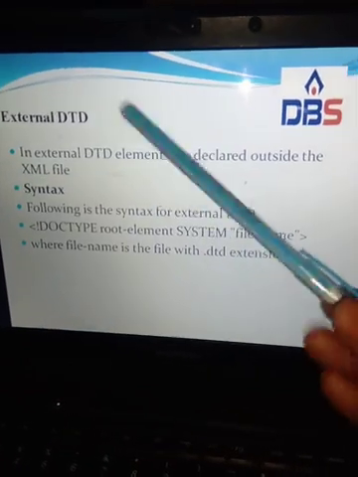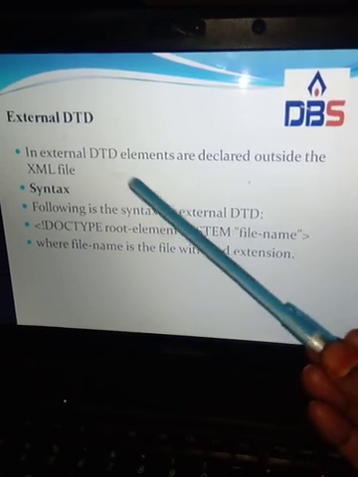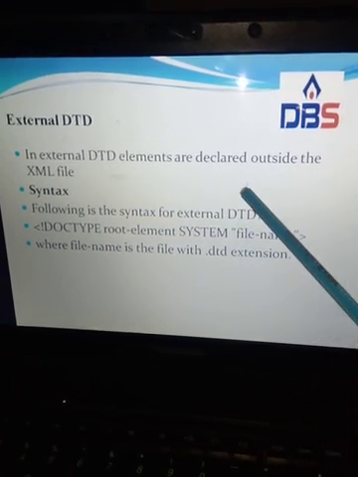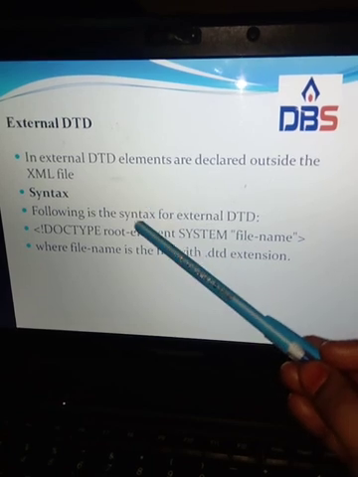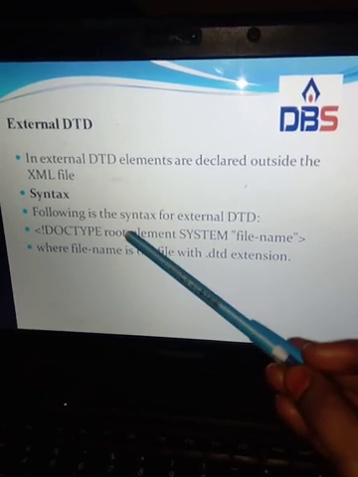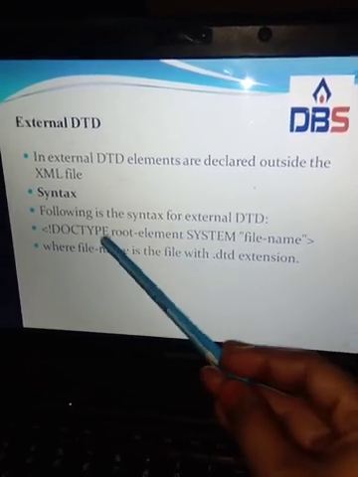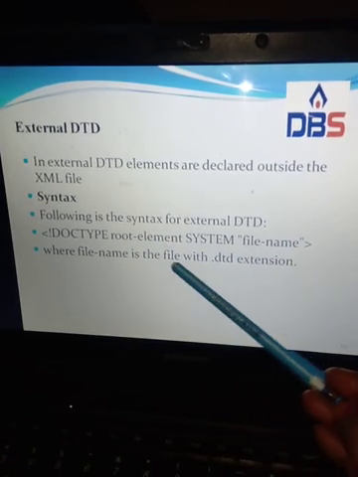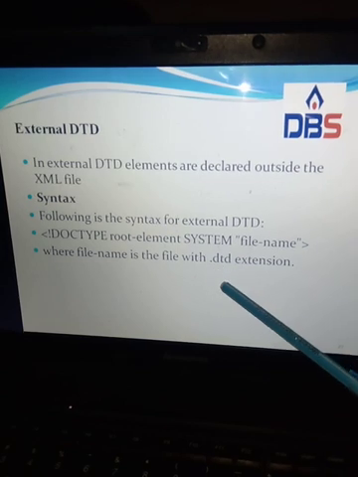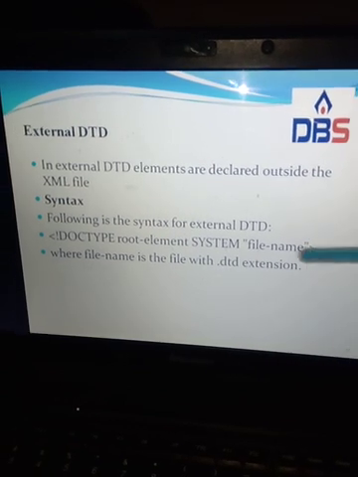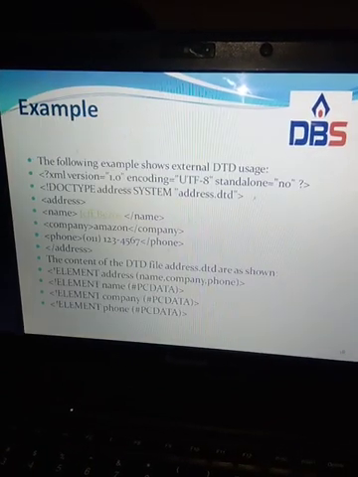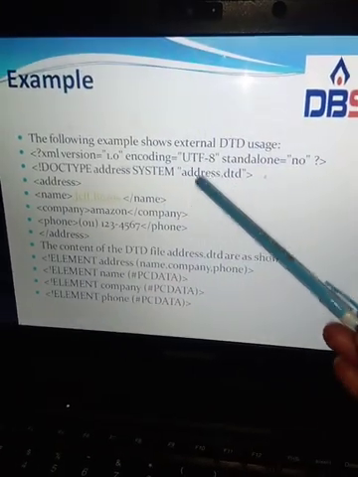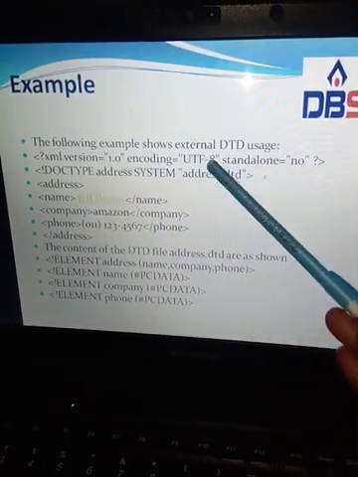Next, another one is external DTD. In external DTD, elements are declared outside the XML file. Next, what is the syntax for external DTD? Here, doctype root element, SYSTEM, file name, where the file name has the .dtd extension. Next, this is the example for external DTD.